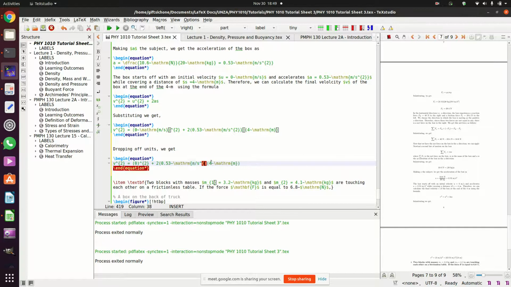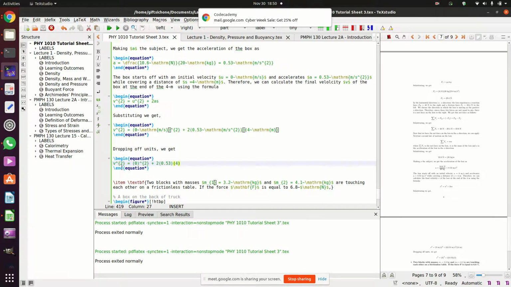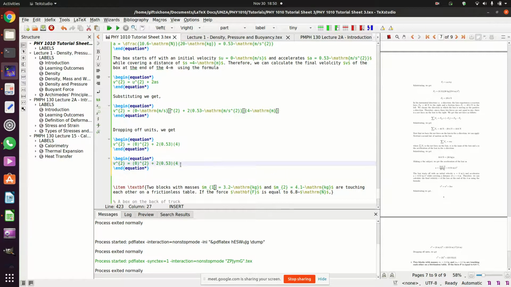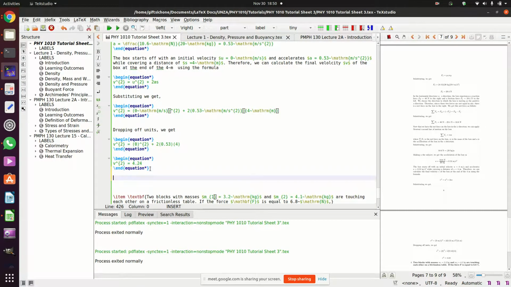So how much do we get? How much is this? 0 squared plus 2 times 0.53 times 4. How much is that? 4.24. Yeah. You got 4.24. Then take the square root of that. Then taking the square root, you get the final velocity of the box